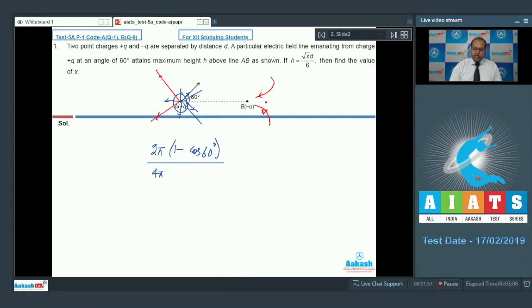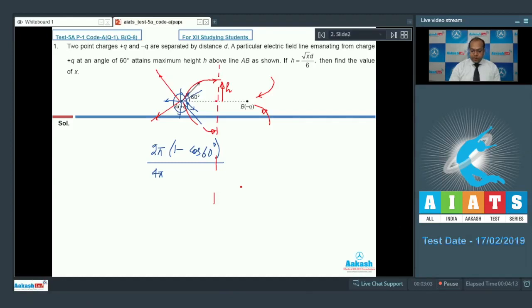at charge minus Q. So due to symmetry, if I take a plane in between these two charges, then the electric lines of force originating from here are always incident perpendicularly to this plane. So let h be the maximum height, then the solid angle of this plane can be written as 2 pi into 1 minus cos 90 degrees. So the total solid angle for this plane is 2 pi